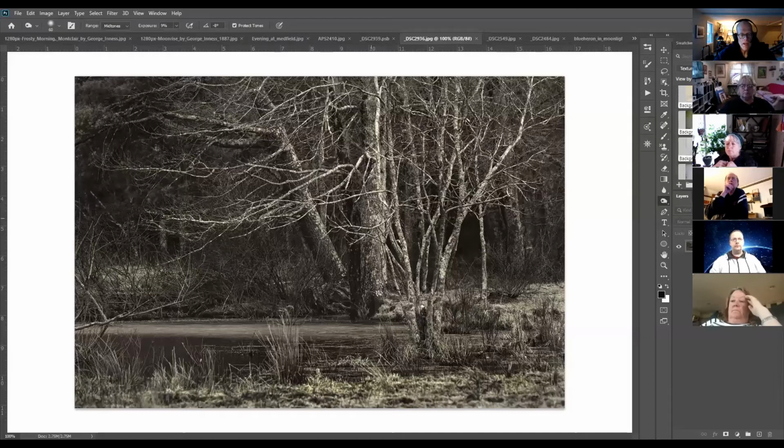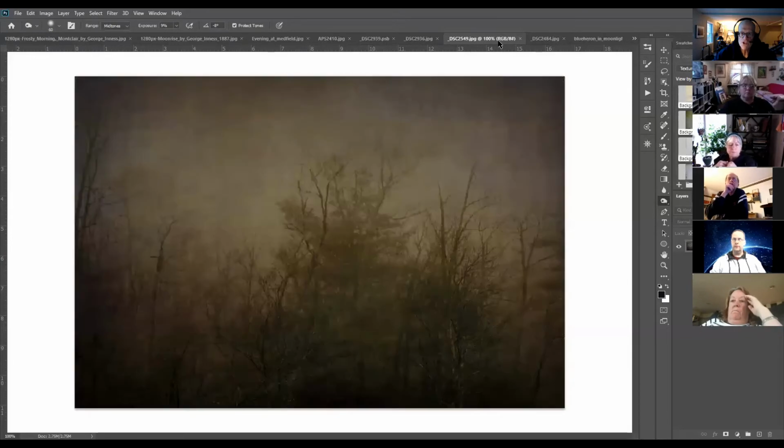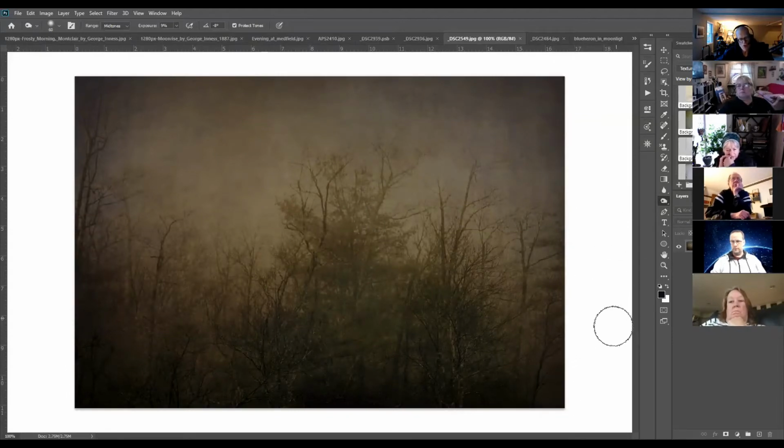Any other questions before we move on? Okay. Shifting gears here, this is the last image that I will share with you. This is one of mine, and it obviously takes strong reference to some of the Inness paintings. Very much. Very soft. And once again,